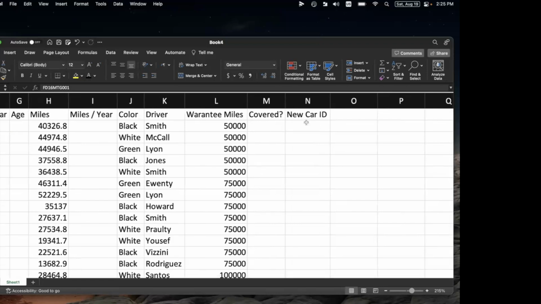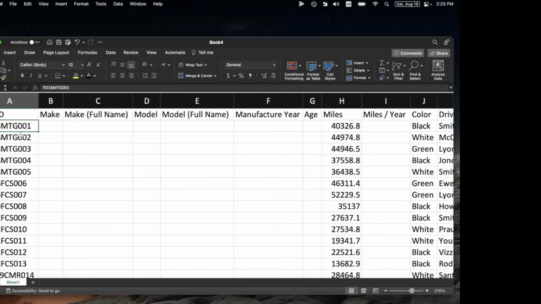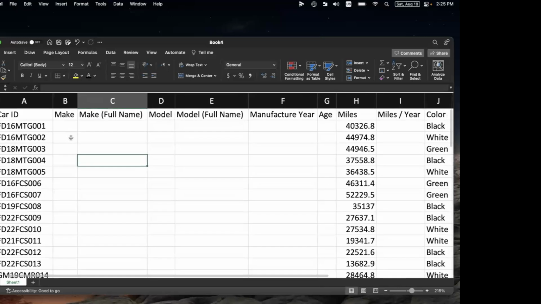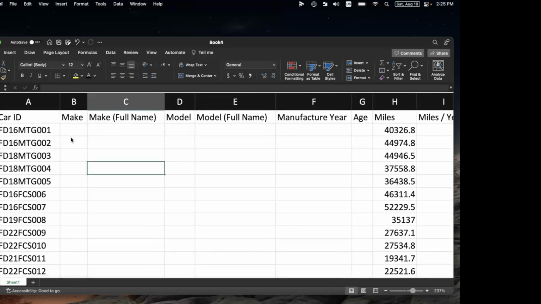Okay, this new car ID should be just like the car ID that you have in the beginning, but should include the color of your car as well. So if it doesn't make sense, bear with me, it will in a second. So let's start with some basic formulas, some basic functions that are going to be